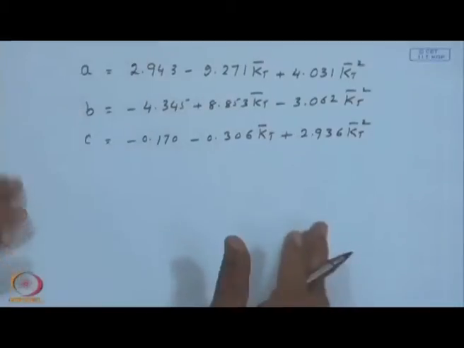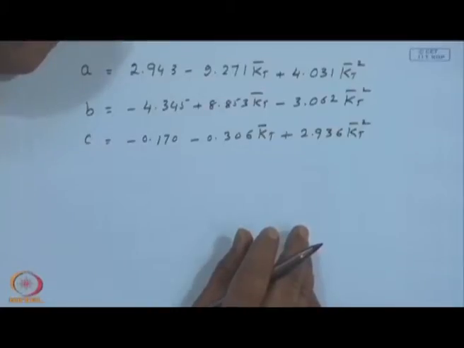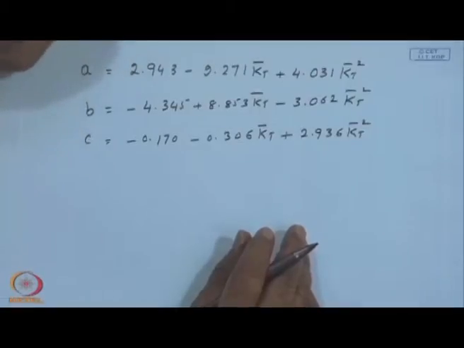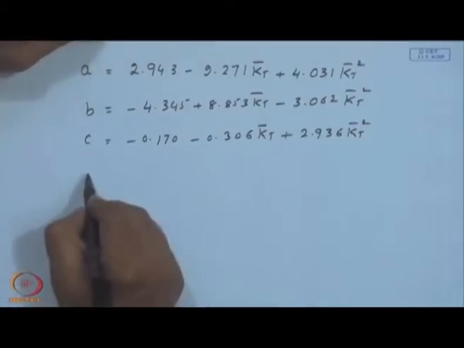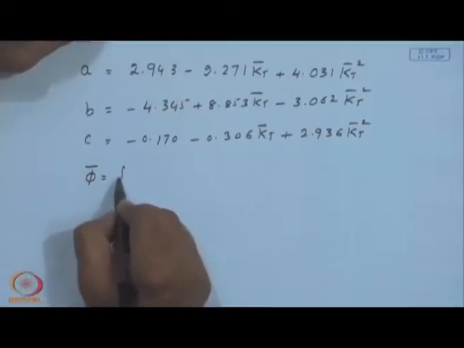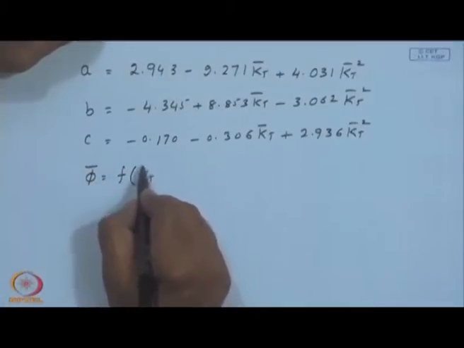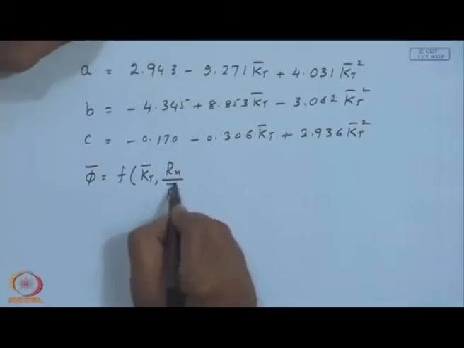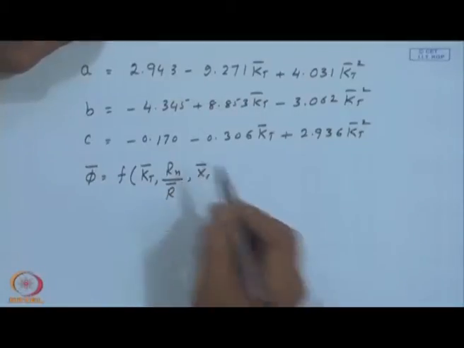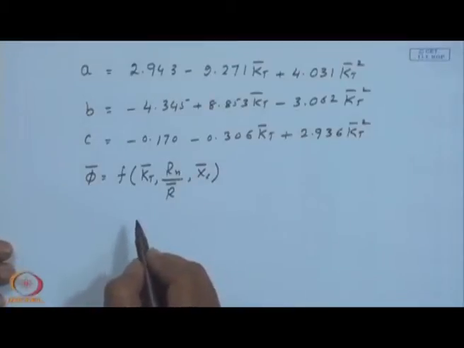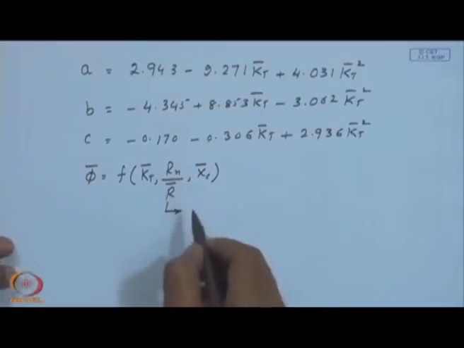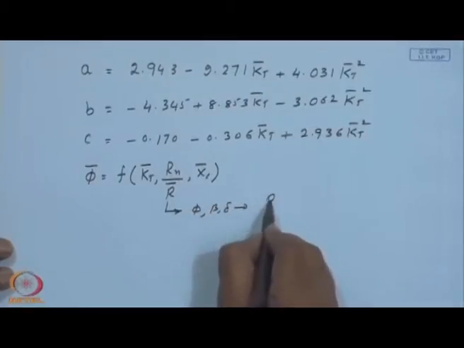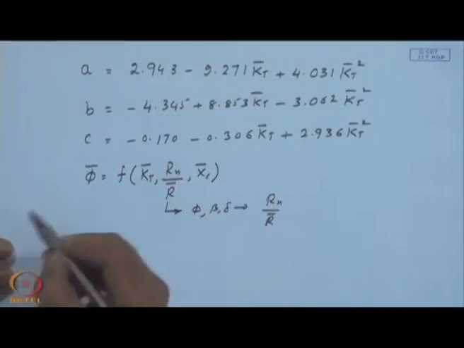We shall work out a problem towards the end of these lectures, maybe the next one, and then you will understand the orders of magnitude of the constants A, B and C. And so, now we have got a phi bar as a function of essentially Kt bar, which will decide these constants A, B and C, and instead of phi, beta and delta, you have got an Rn by R bar and the non-dimensional critical level Xc bar. So, this is some sort of a fortuitous simplification. All of phi, beta, delta is combined into one single factor, Rn by R bar.